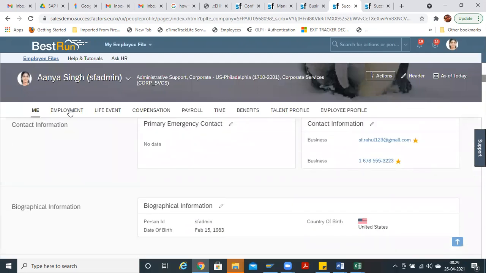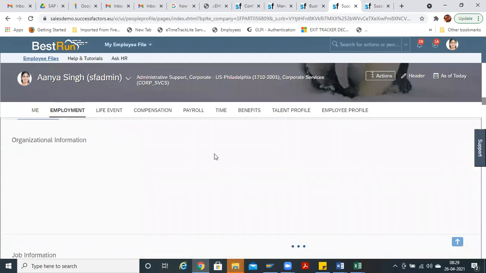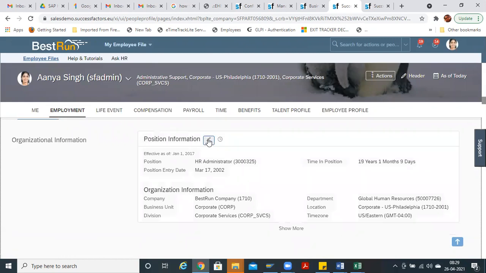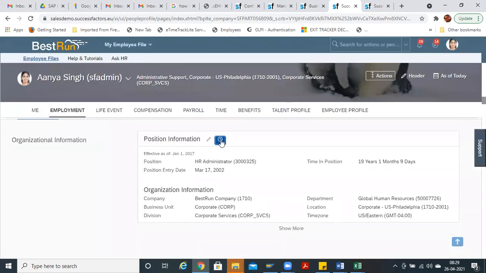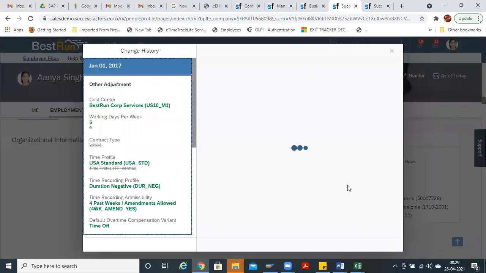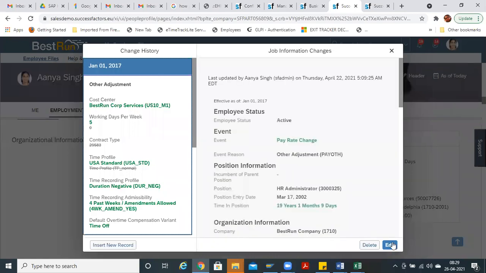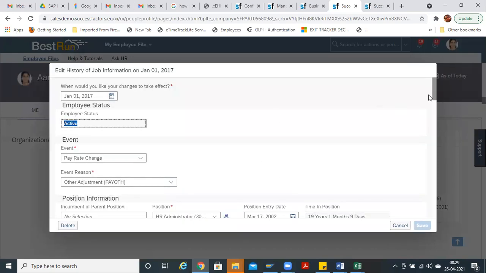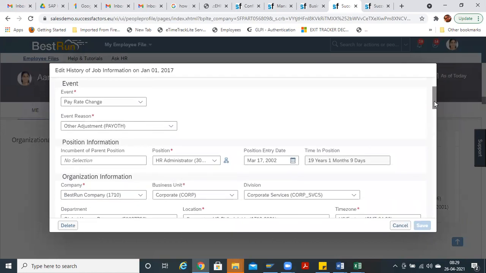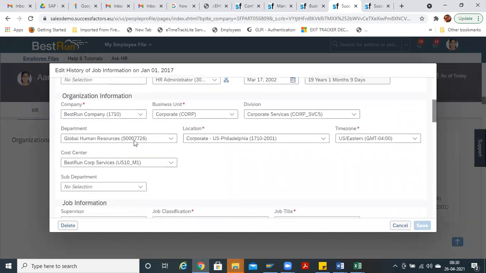You just have to click on employment, and under this change, or else if you want to replace the existing record, you have to click here and edit data. Come down under organizational information. See, can you see this sub department now?